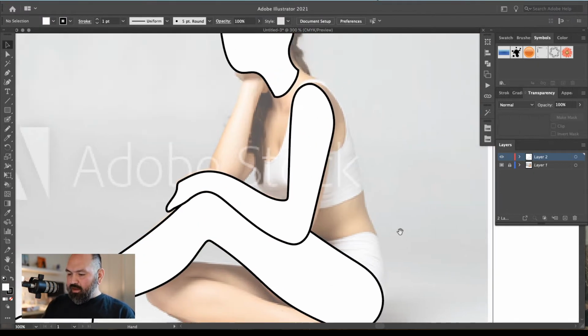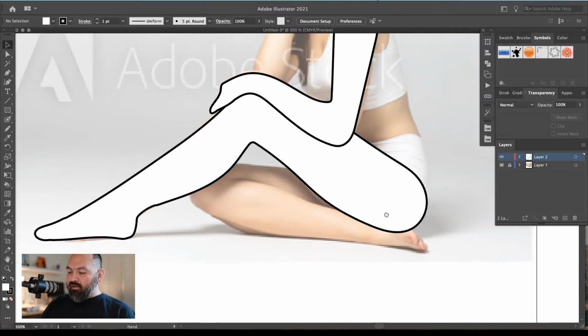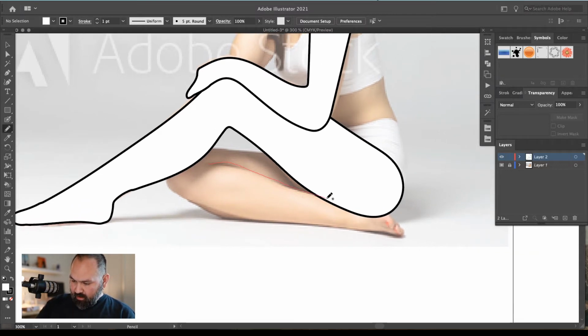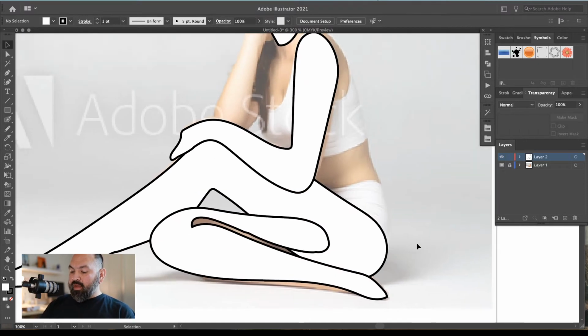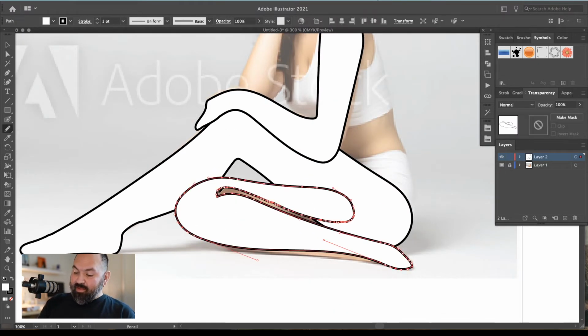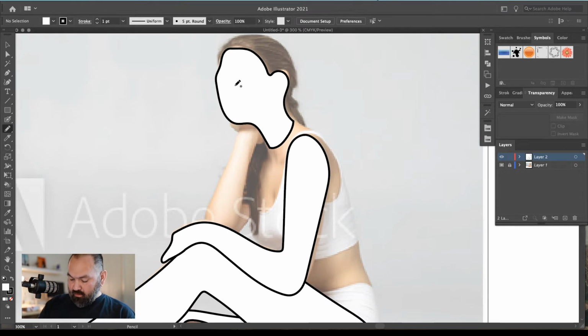Okay, so I've got these general shapes. Now I know I don't really like the way that her leg comes kind of straight out here. So I know I'm going to be changing that in the final part of this design. You know, I think what I'm going to do is continue this here so that this space right here becomes more of one of those gaps that I was talking about. You'll see exactly what I mean in a minute. Okay, so there's two legs, one arm, there's another arm. Let's go ahead and just draw